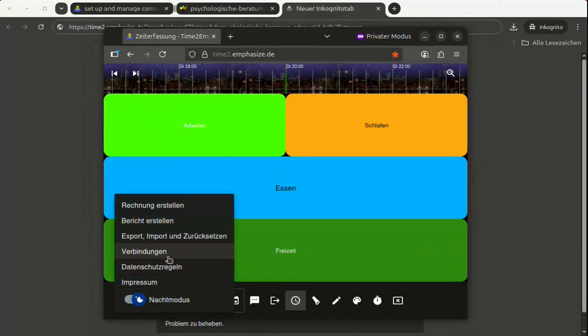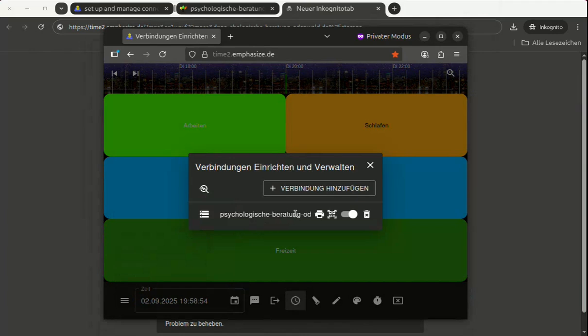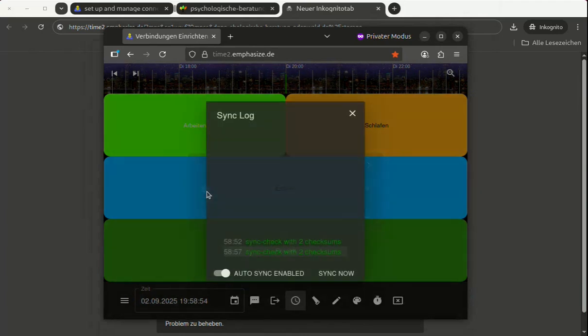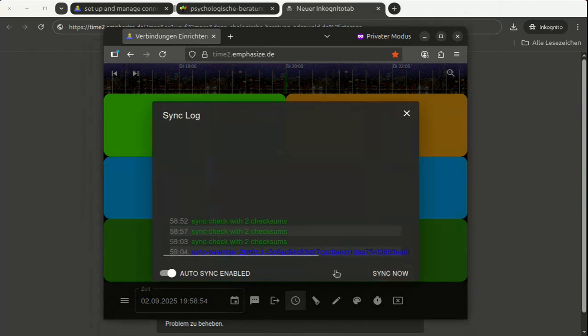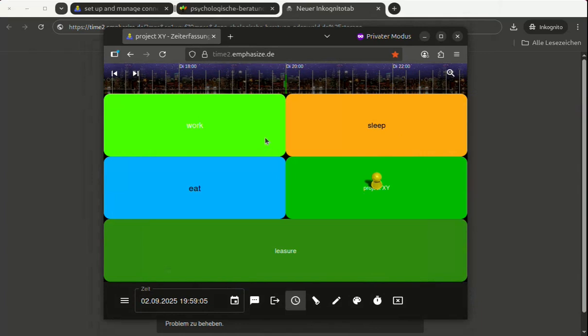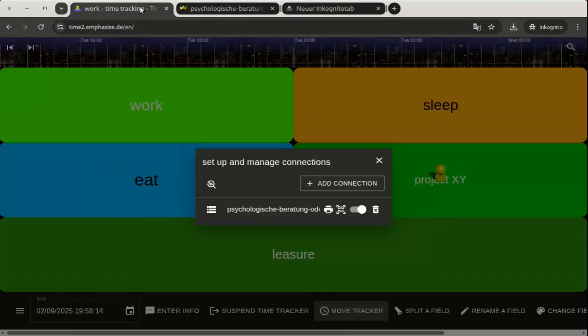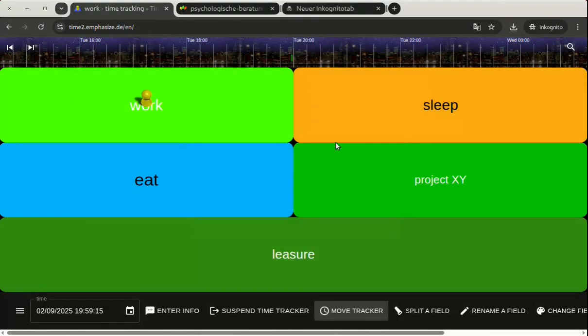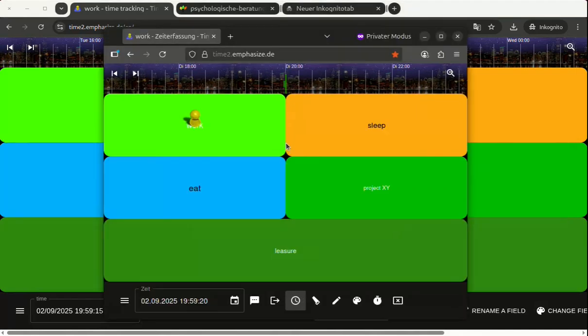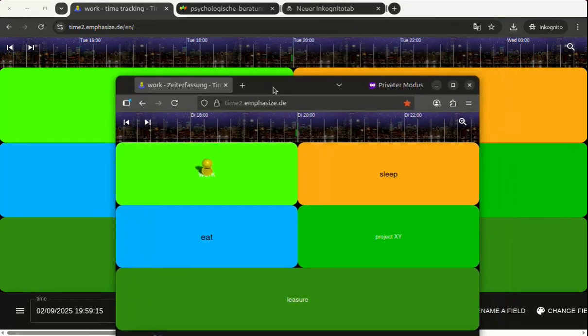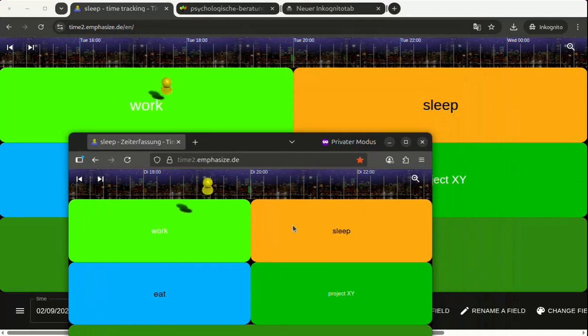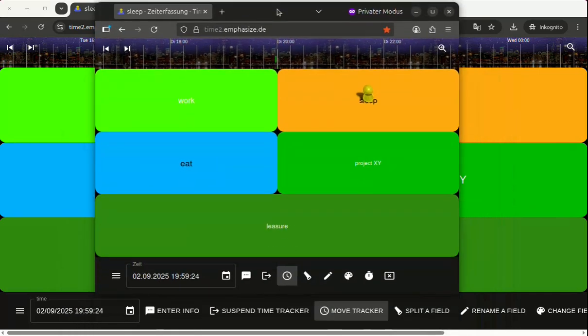And with this browser I can see then that the connection is automatically entered because I used this connection URL, and after synchronizing, all the activities which I do in one window are also persistent and updated in the other window. This doesn't of course only reflect the layout and the events where I place the pawn, but also